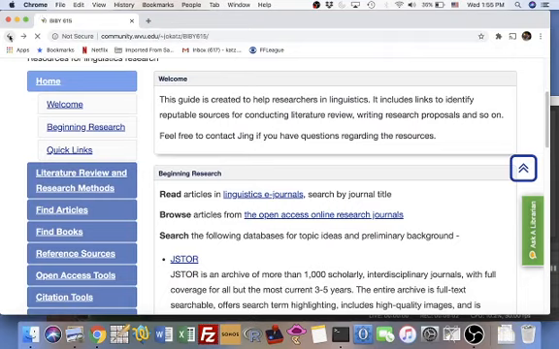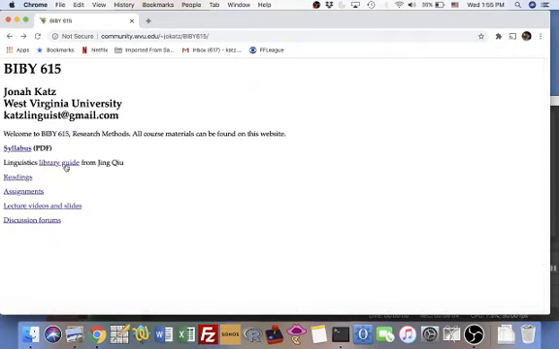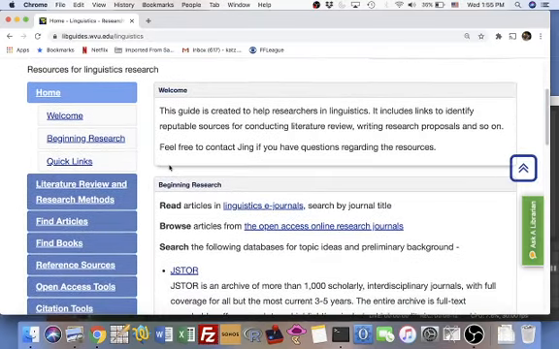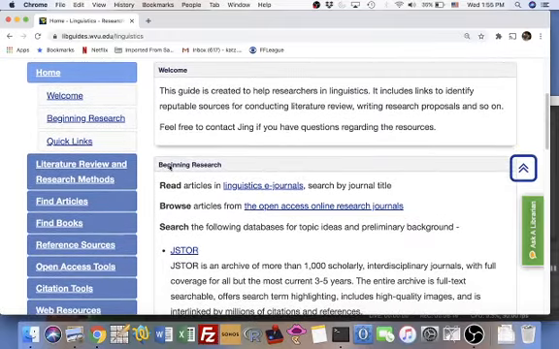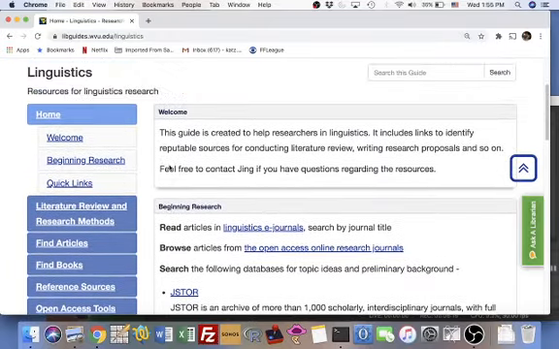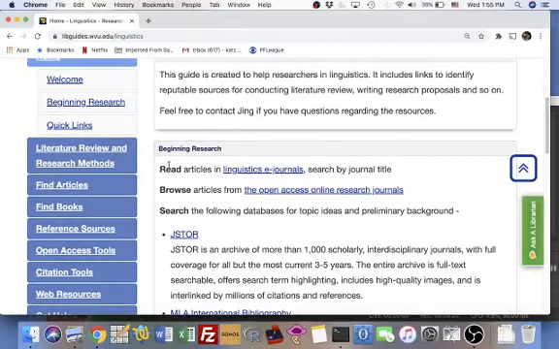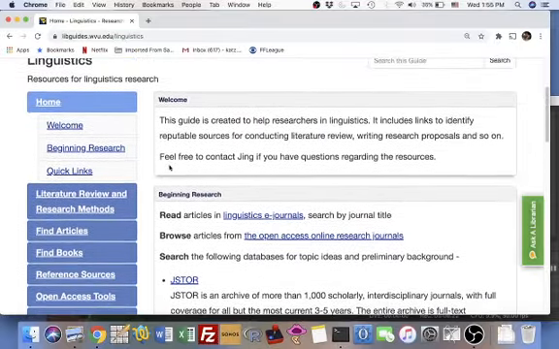Oh, sorry, going back a step, I came to our beautiful course website that I designed. And there's a link to the linguistics library guide right here. We're at the linguistics research guide here, done by the research librarian. And there's an overview. There's a bunch of resources here, sort of general things about reading research and looking for